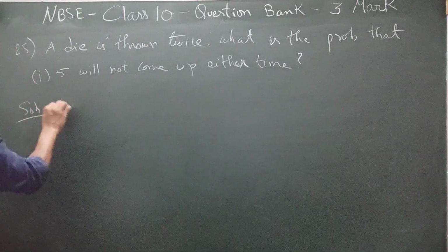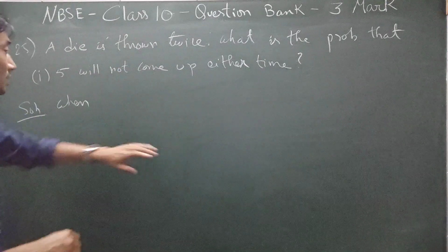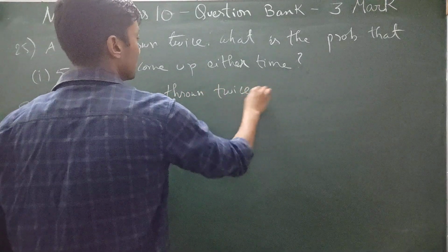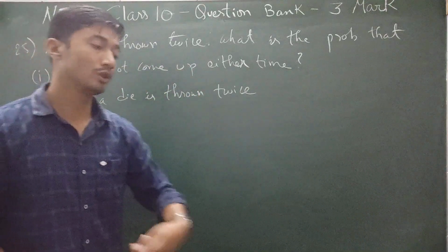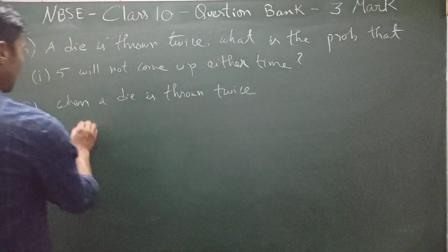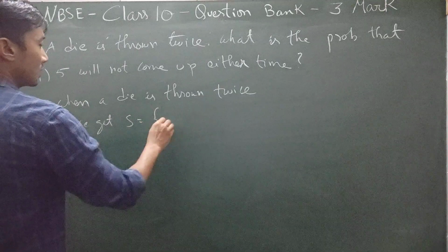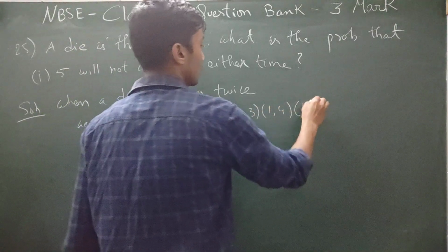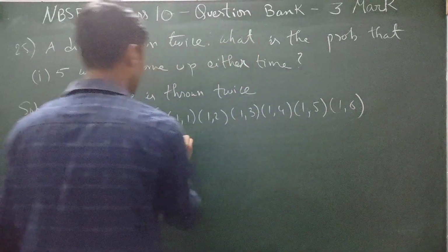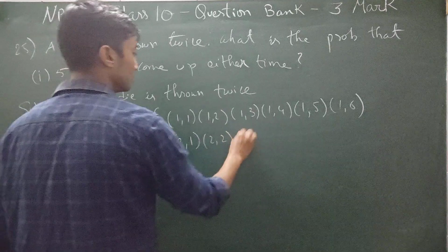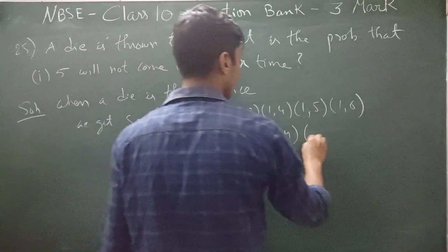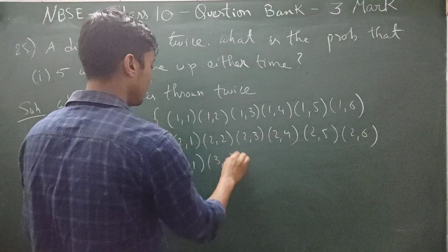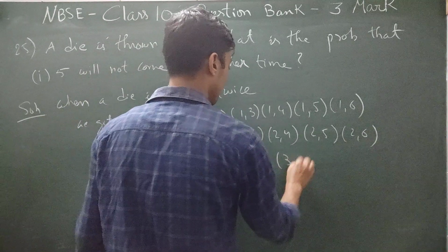So, solution. When a die is thrown twice. Die means that Ludo, no? 1, 2, 3, 4, 5, 6. So 1 time, 2 times. So you're throwing it twice. We get the sample space 1,1, 1,2, 1,3, 1,4, 1,5, 1,6. Similarly, all the possibilities 2,1, 2,2, 2,3, 2,4, 2,5, 2,6, 3,1, 3,2, 3,3, 3,4. Next will be